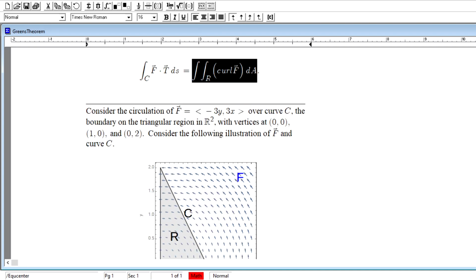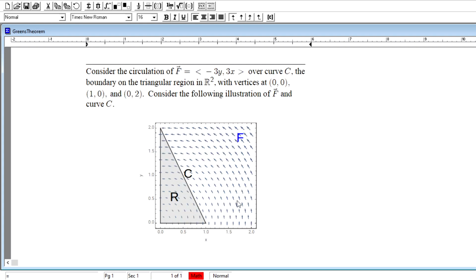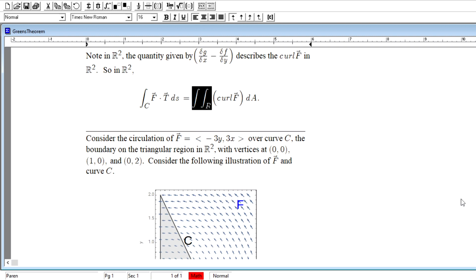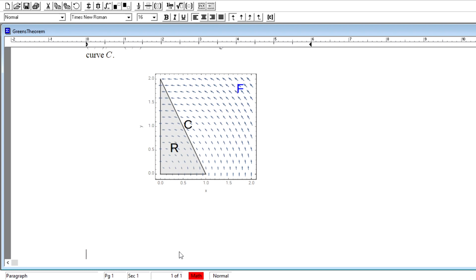And we could calculate this line integral by breaking up our description of C into these 3 lines and performing that line integral operation 3 times, once over each one of these lines, and then adding it up. Or we can apply this double integral calculation for the curl over region R just once, where the region R can be set up as a double integral calculation. Well, in this case, if we consider that as our region R,